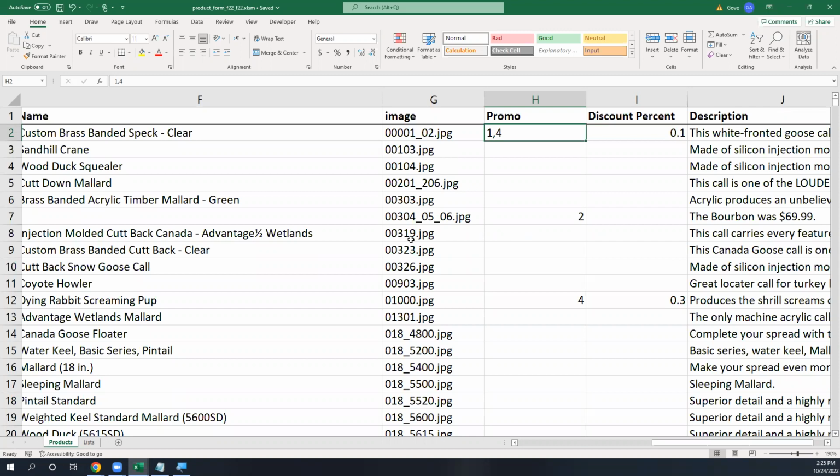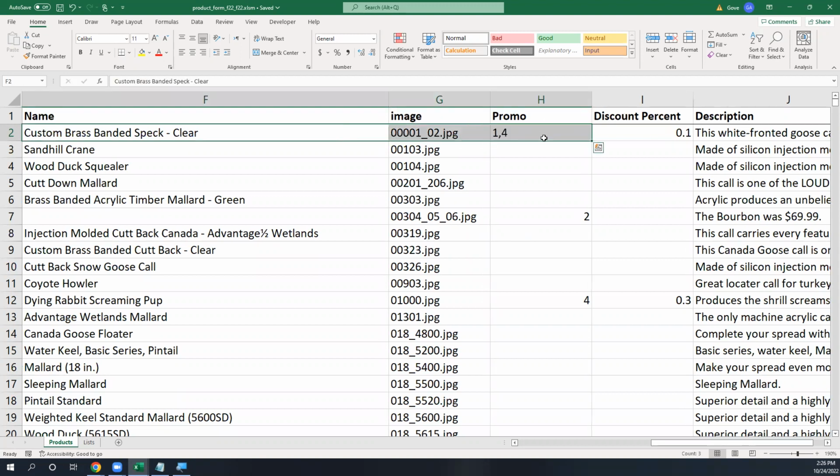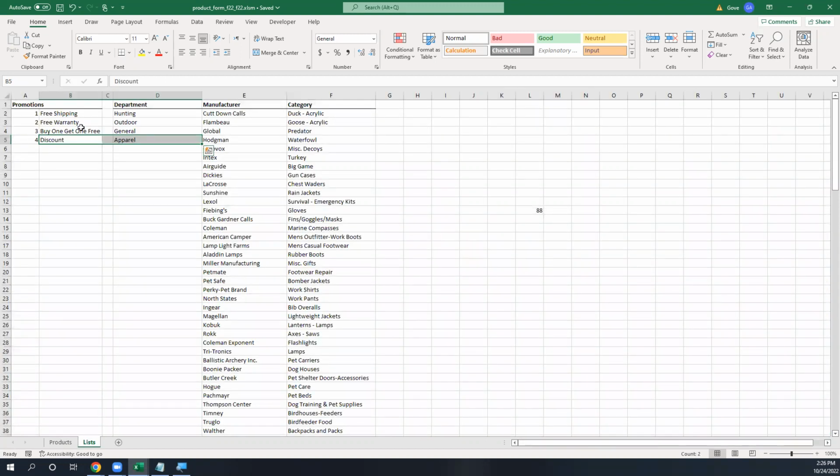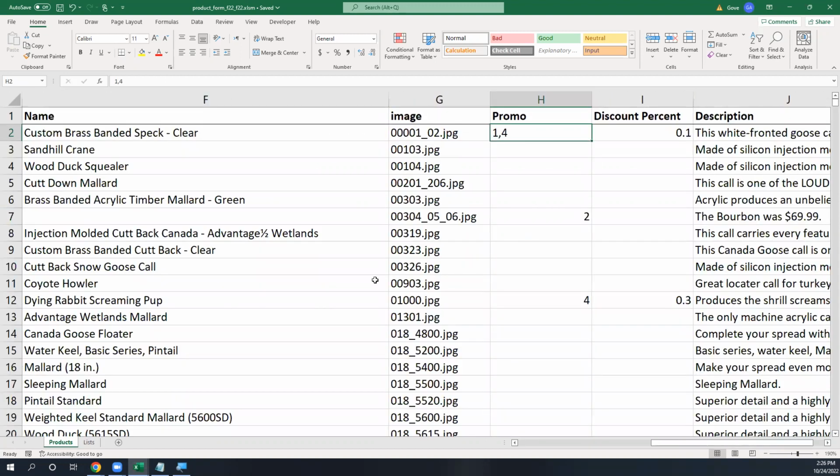I want to be able to look at what I've got here in column H. Let's say I'm going to open up here on line number 2, my very first product, and I want to be able to check the appropriate promotions. So in this case, we're saying promotion 1 and promotion 4 are selected, which is free shipping and a discount. So what might be useful? Okay, so this is a string right now,